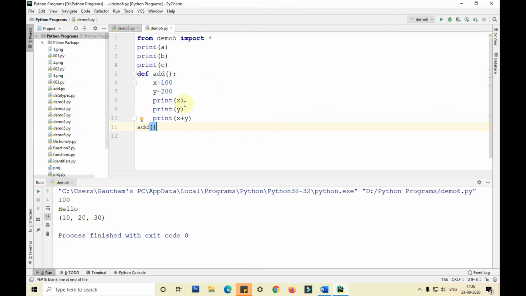So this is an add function, guys, where I have taken x as 100 and y as 200, printing the value of x, printing the value of y, then printing the total addition of both.